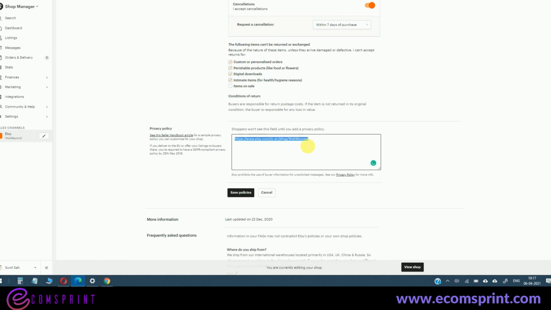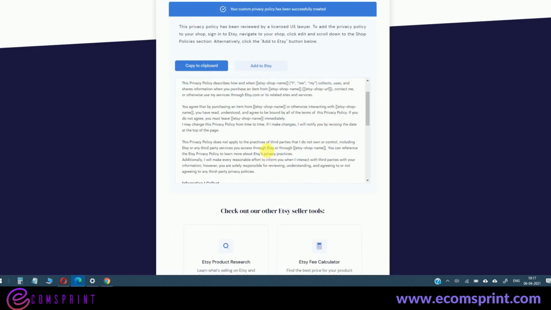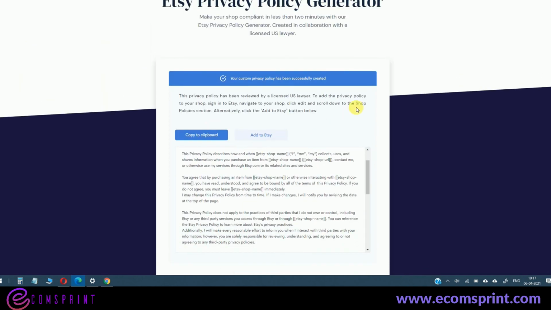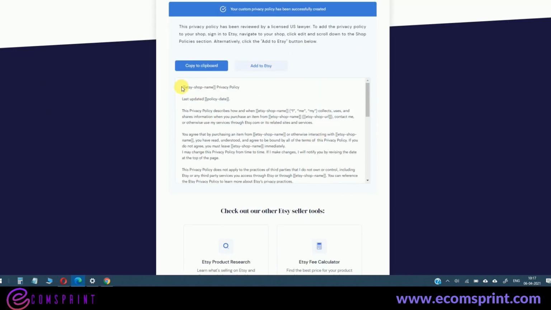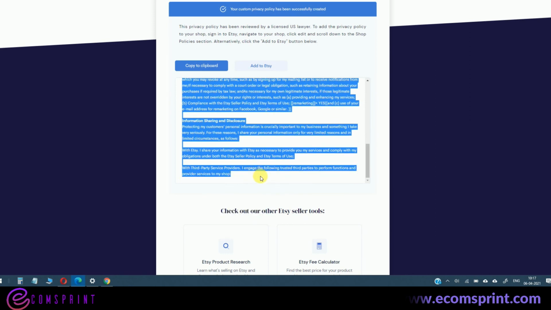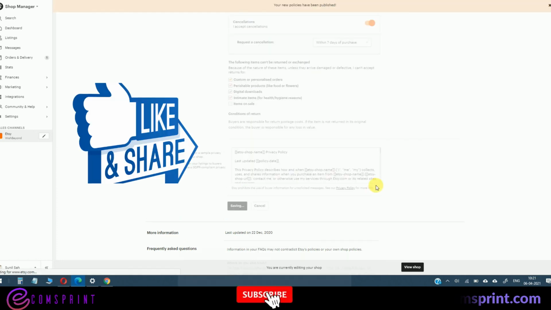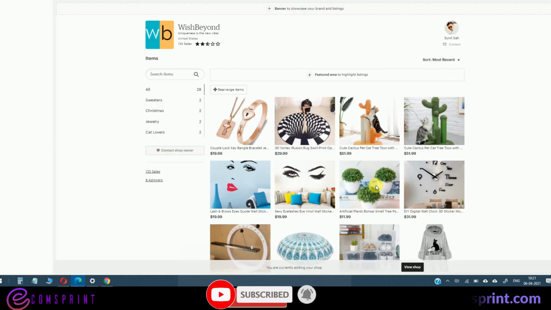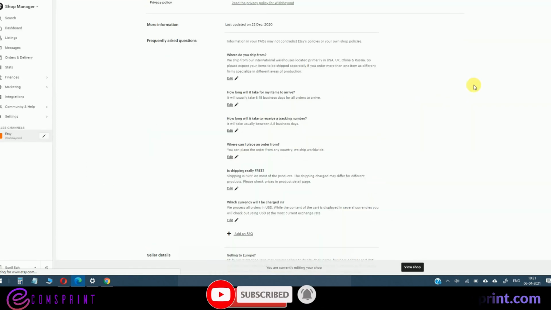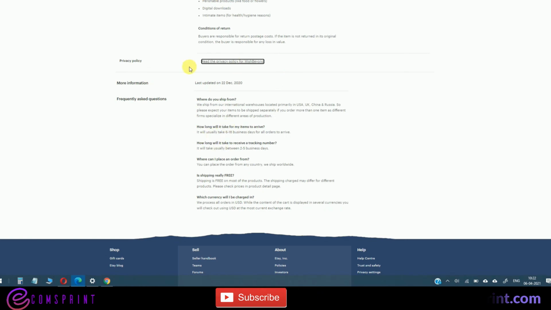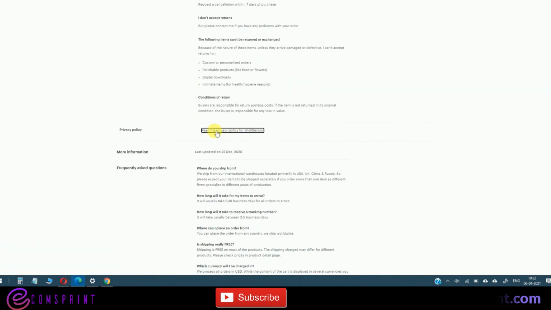For some reason it is not being copied, so let's copy it from here. Okay, now the policy is being pasted, and we'll hit save policy. Congratulations, your policy is published, and you can view it from here. You can just go to your shop and read the privacy policy information from here.